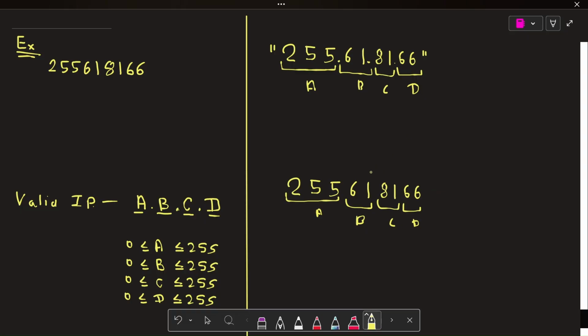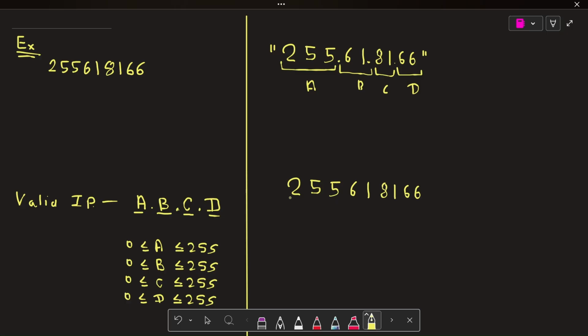Okay, so next partition, how can we do it? See, choose this 25. It's valid because it is in the range of 0 till 255. So this is our A. Now we can choose 56 as our B. It's also valid.